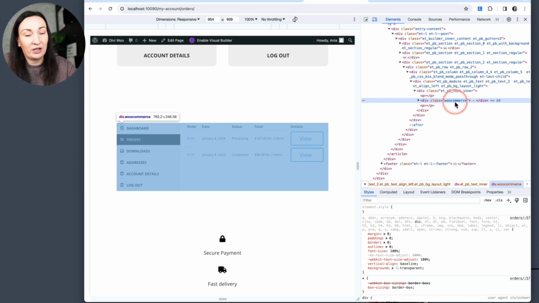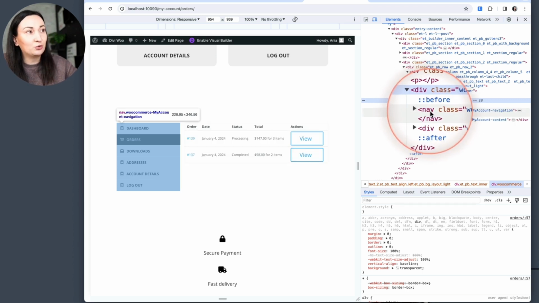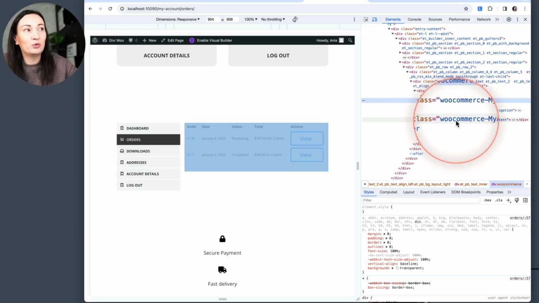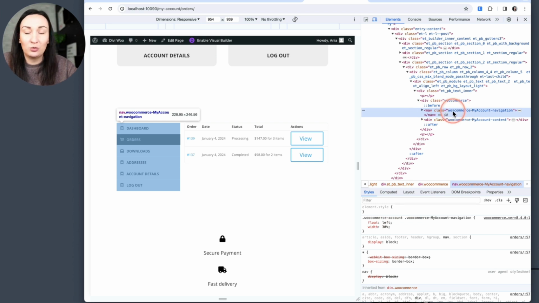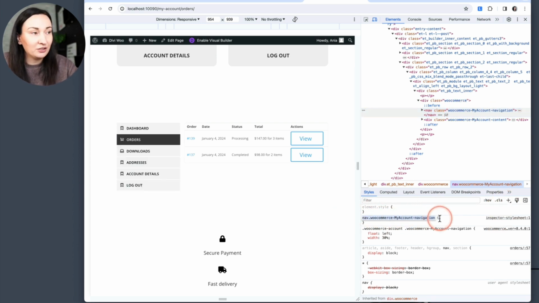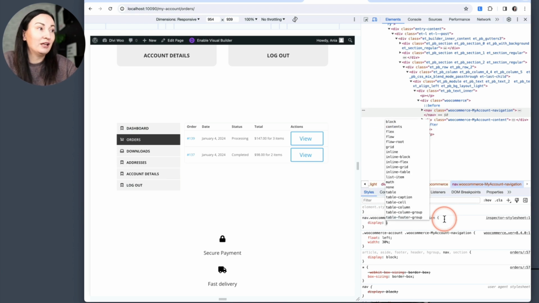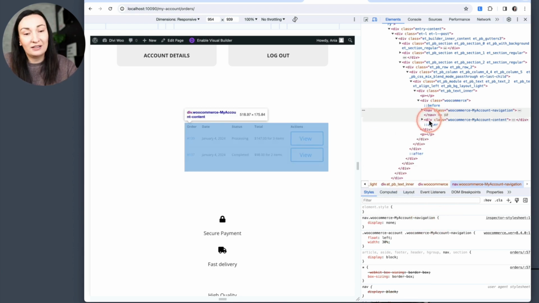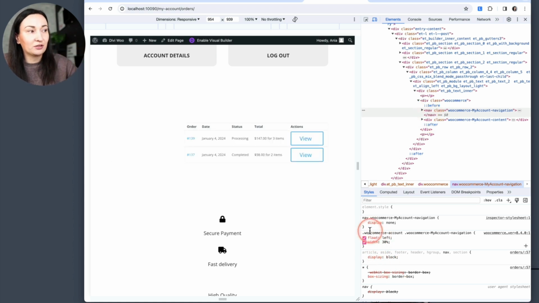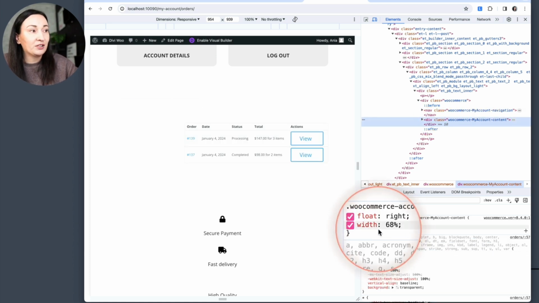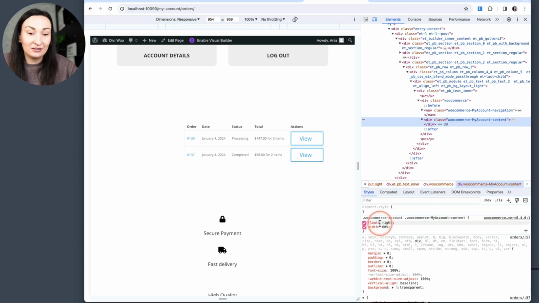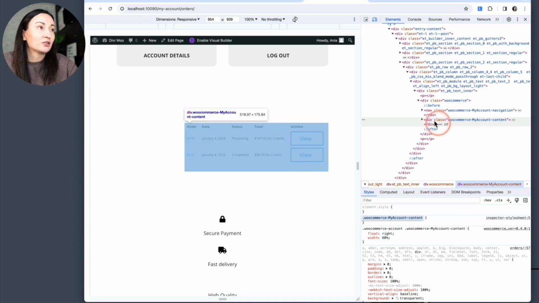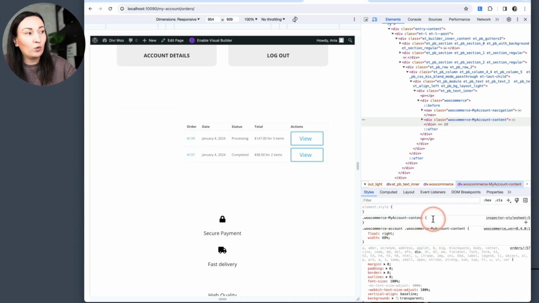Right here, remember when I showed you, we have a div with a class WooCommerce, and inside it has two elements, a nav with WooCommerce My Account Navigation and a div with WooCommerce My Account Content. We want to hide the WooCommerce My Account Navigation element by adding a new style rule. It already suggested the correct selector because it only has one CSS class, display none. Okay, that's one thing, but then we notice it was using 30% of available width, and that means that WooCommerce My Account Content is using less than 70. We want to stretch that element to full width, and again, new selector, so div with WooCommerce My Account Content with 100%,